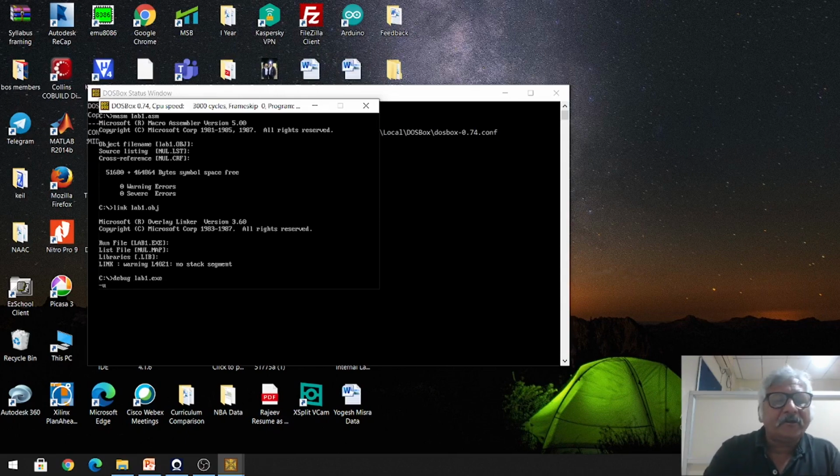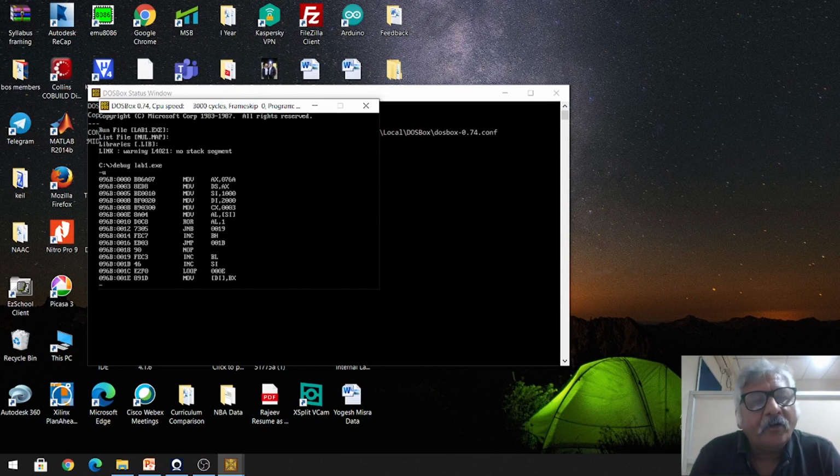Okay, now I will unassemble my program. Right, so now you can see the first instruction here, MOV AX, 076A, and this value is going to be stored in the DS register, the data segment register, right? Okay, then the next instruction, MOV SI, 1000. Then next, MOV DI, 2000. So our data, three numbers, are at the offset 1000H. I will show you the data, D space. So our data segment value will be 076A colon 1000.